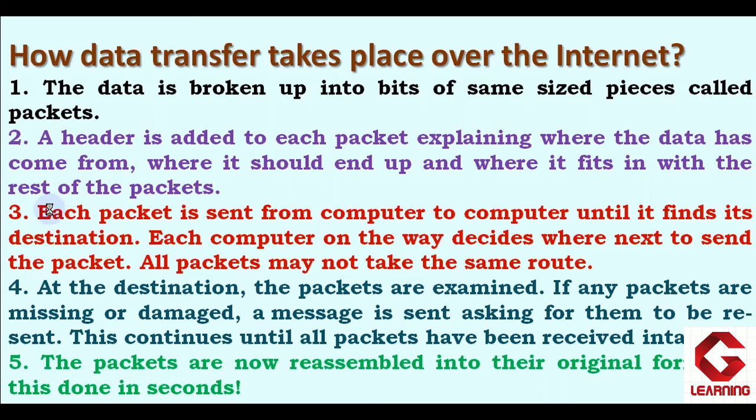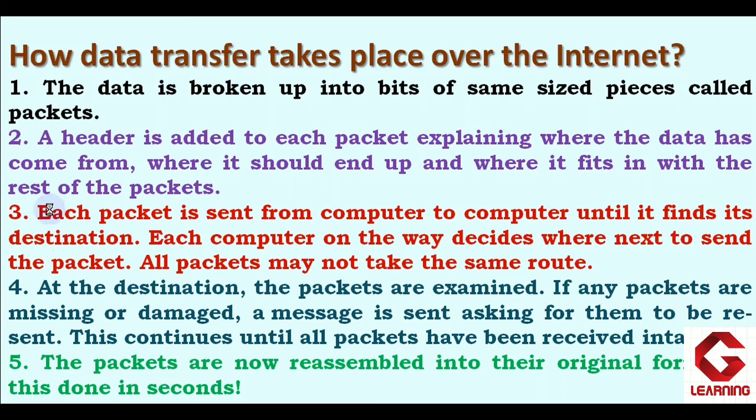Thereafter, after breaking the complete message into packets, one header is added to each packet, and this header is containing the IP address of the sender and receiver computer and its sequence number also, because this sequence number is very important at the destination computer to combine all the packets. Thereafter, all the packets are sent from the sender computer, and as different routes are available, as per the traffic of the channel, these packets follow the same or different routes, and thereafter reach the destination computer.